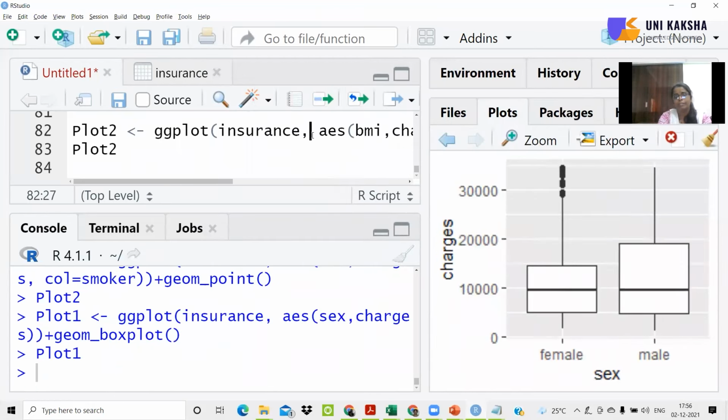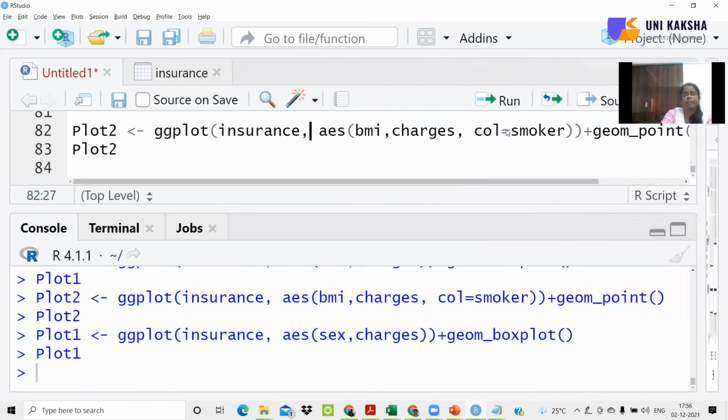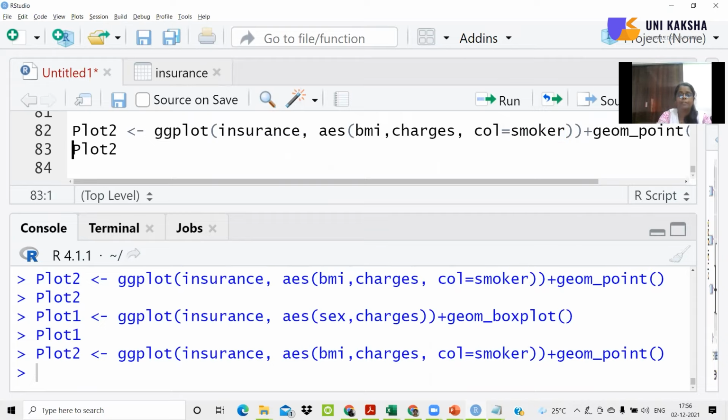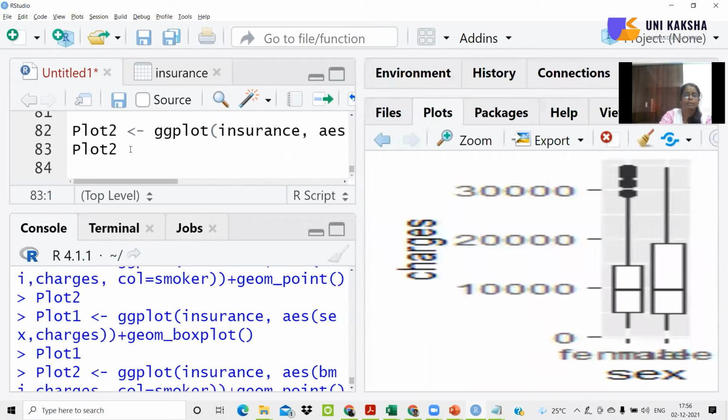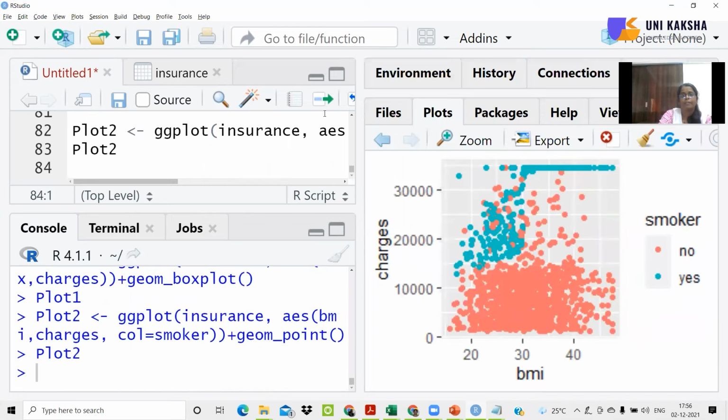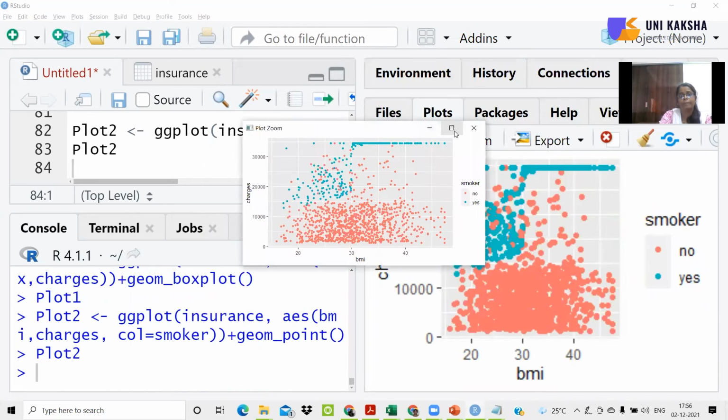And the other one is the plot where we are plotting BMI against charges and we are plotting those points, because the x and y axis will be taken with the help of BMI and charges, and the color of those points will be decided by the smoker variable. So if you simply run this and check how this plot looks, let me just zoom this plot.